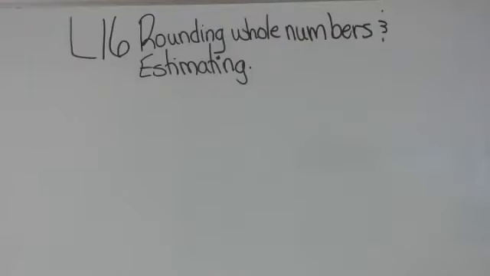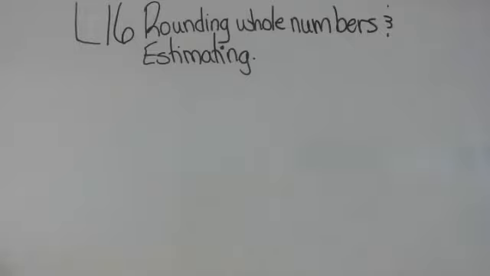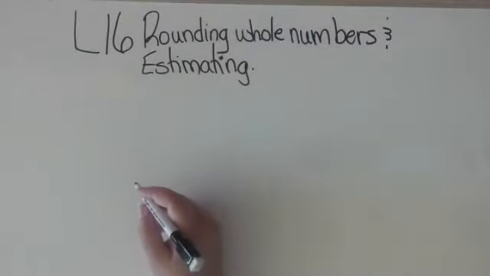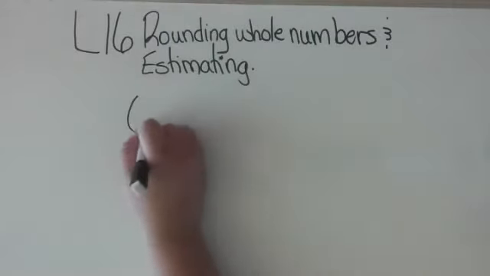This is lesson 16 for course 1, rounding whole numbers and estimating. So when we're rounding, we need to pay attention to two things. What number are we looking at and what place is that number? So if we have the number, for example,